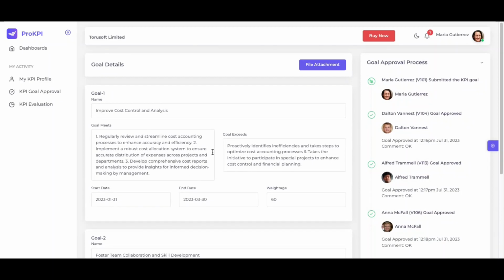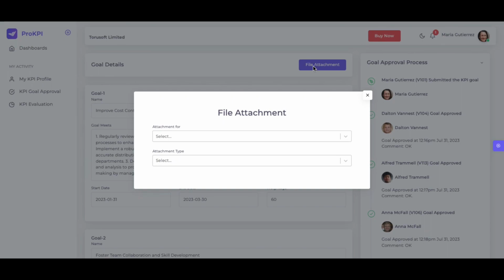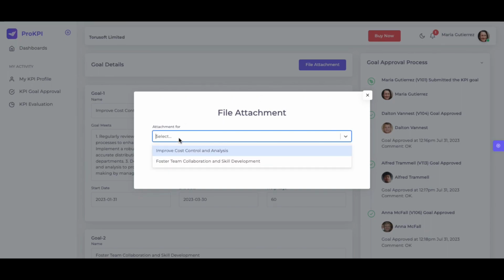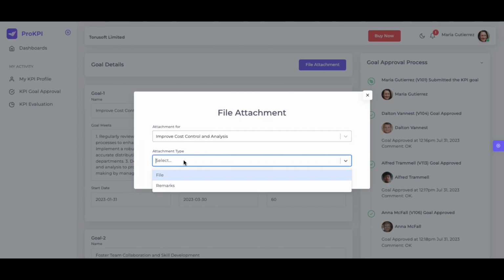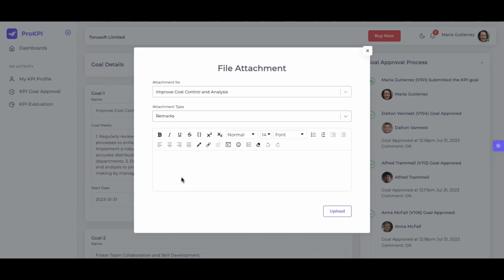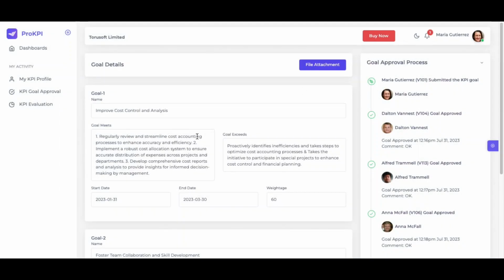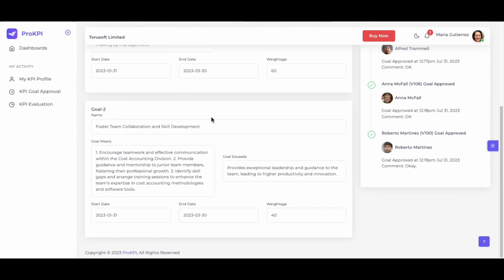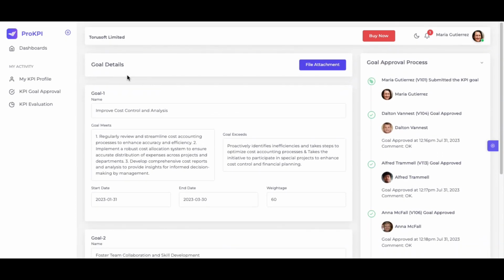I will work on it here, and for example when I complete this goal, I can click on file attachment and provide an attachment of my goal achievement, or I can provide remarks. I can provide any Google Drive link or whatever information I want to add here to prove that my goal is achieved. I can upload it here, and this way I can achieve all those goals within this time period. If I go back,